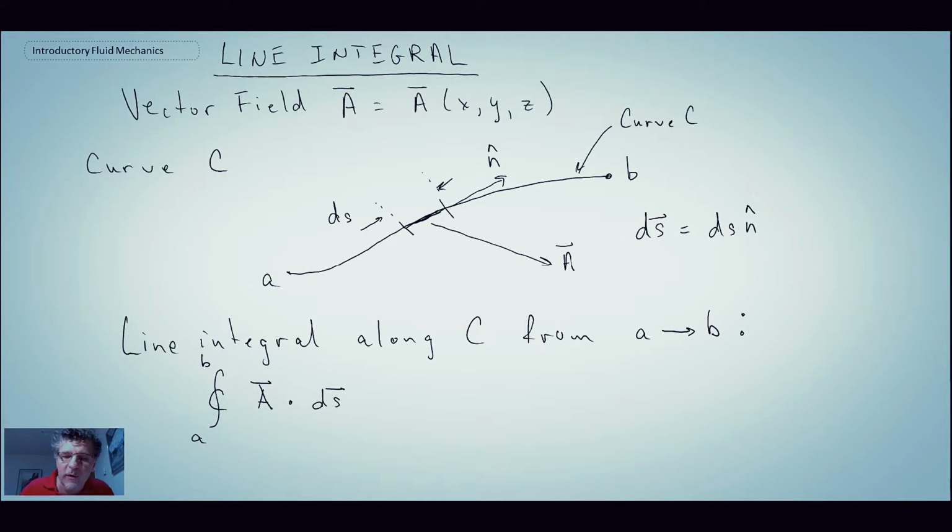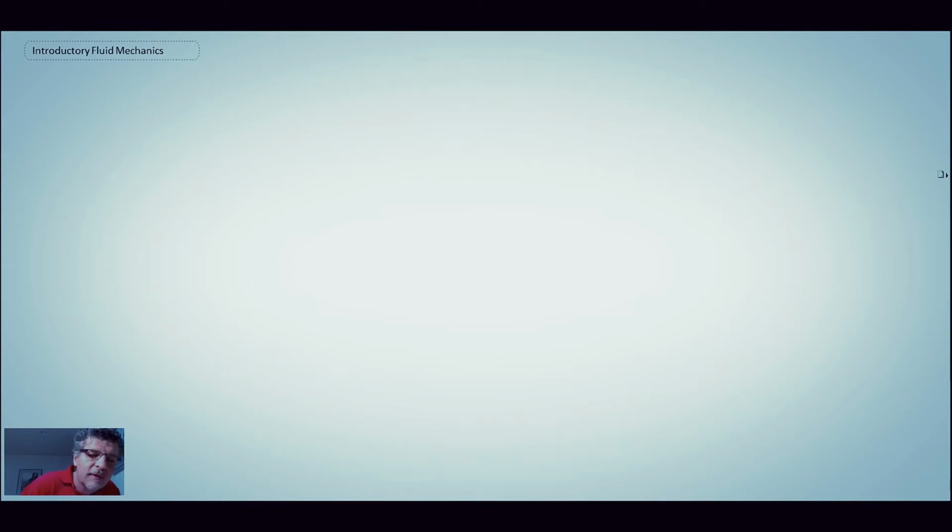Now it turns out sometimes in fluid mechanics you'll want to evaluate one of these line integrals with a closed curve, where the curve closes upon itself. You might do that, for example, if you're looking at quantifying the circulation about an airfoil. You can measure the velocity field integrated along a closed curve. That would tell you the bound circulation on that particular airfoil. But if C is closed,